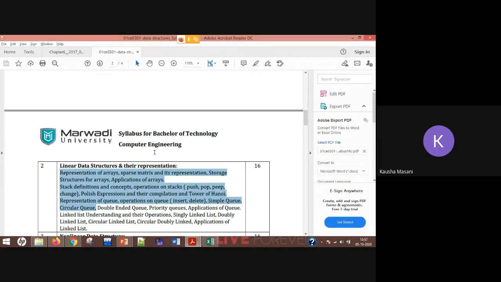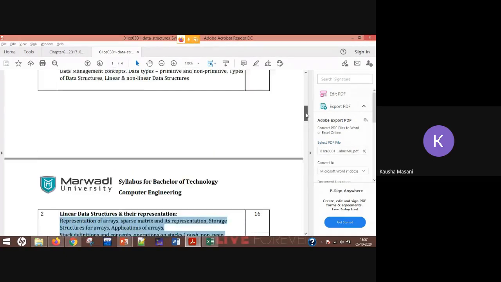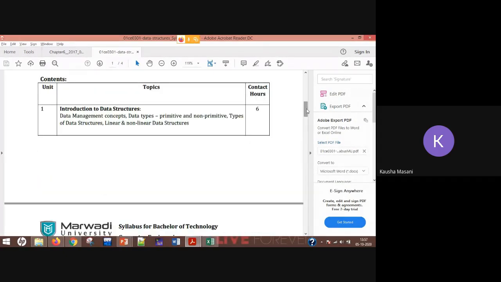Bharti, I guess you can see the screen, the highlighted portion in unit number 2, all the portions highlighted until circular queue. In circular queue also, not the full topic, only the insertion cases which we have seen today. And your unit number 1.